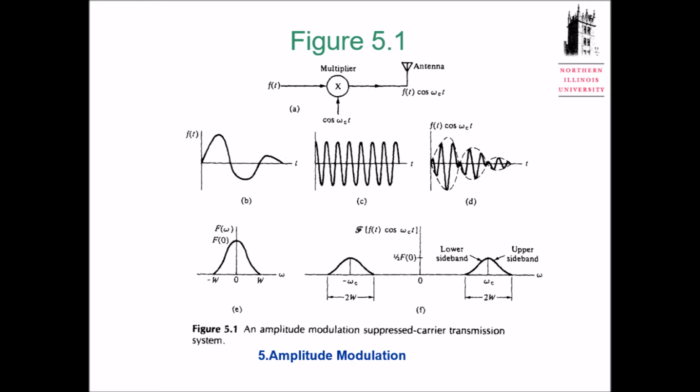This is my unmodulated message, the modulating signal, in time and in frequency. Here is the carrier, cosine omega c, in the time domain, and this is the frequency domain. And one thing I want to mention here: later we call your modulated signal spectrum, this portion,